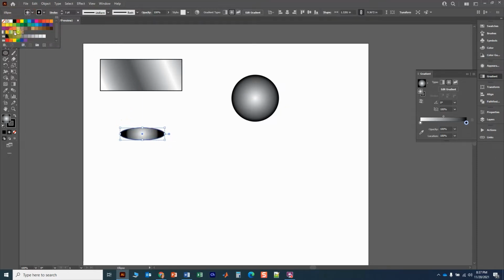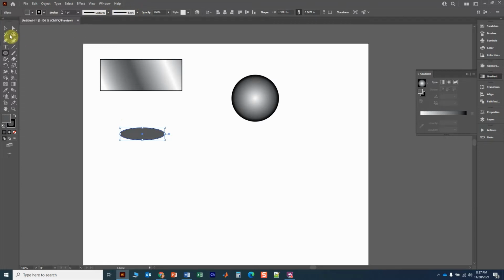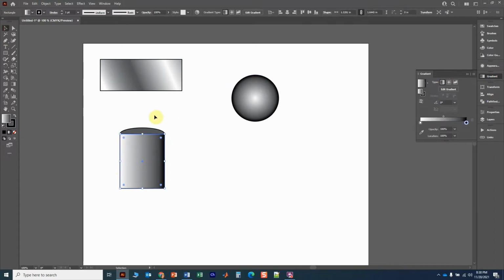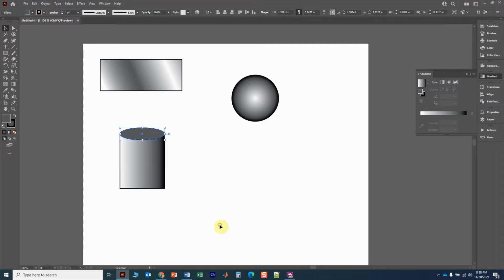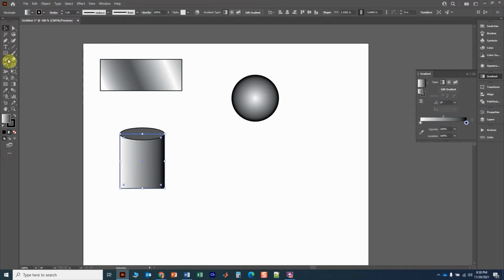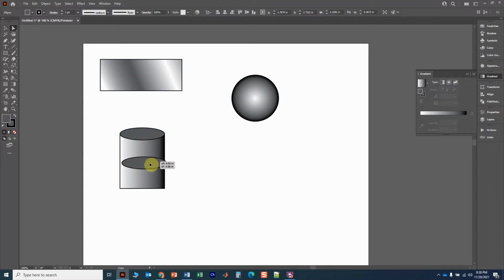Sorry, I'm gonna backtrack a little bit. I'm gonna make a rectangle. Like that. And then I'm gonna apply the linear gradient again. Click on this, right click, arrange, bring to front. Okay, and then we're going to modify these points here. Let's actually add a point. Actually, the easiest thing to do is to click on this, hold Alt key, drag it down,